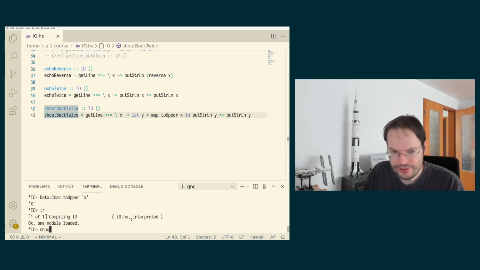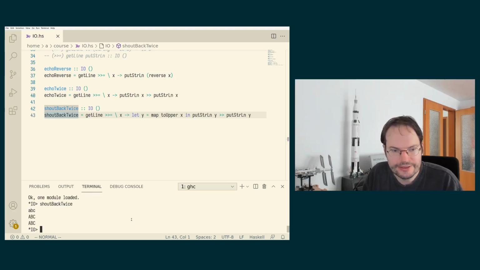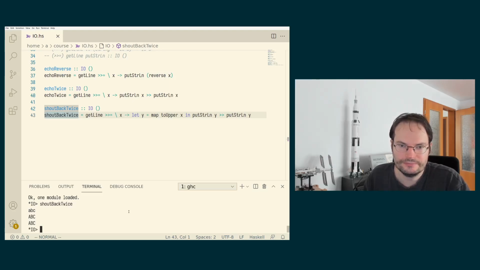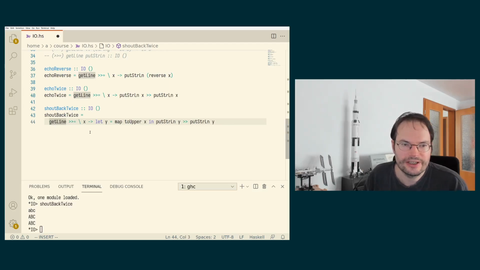And now shout back twice, if I try it out and I type ABC, I get the uppercase string ABC printed back twice to me. Okay? Now, this is not necessarily easy to read if we structure it like this. So there is a nicer style of writing this, and actually it's a little bit of an unusual style, but it makes sense for